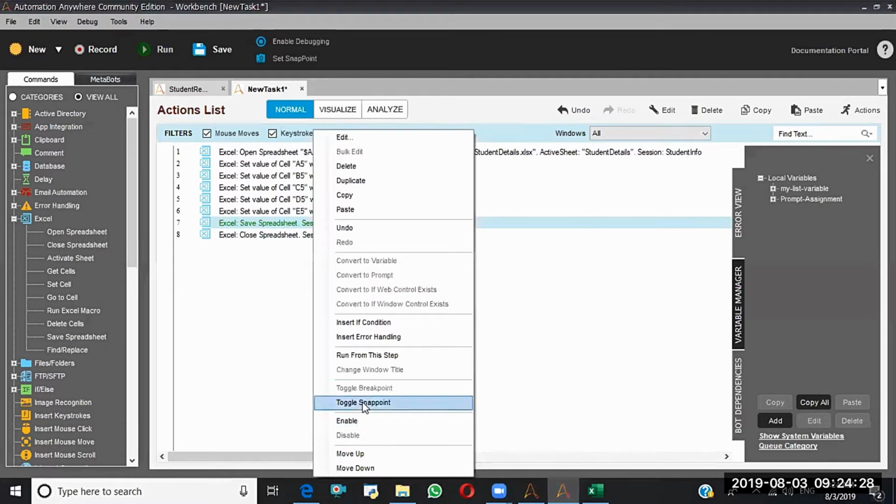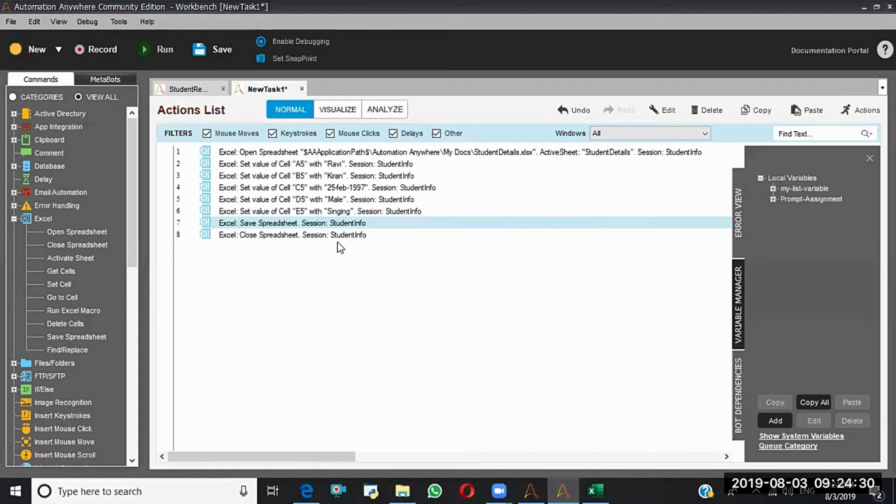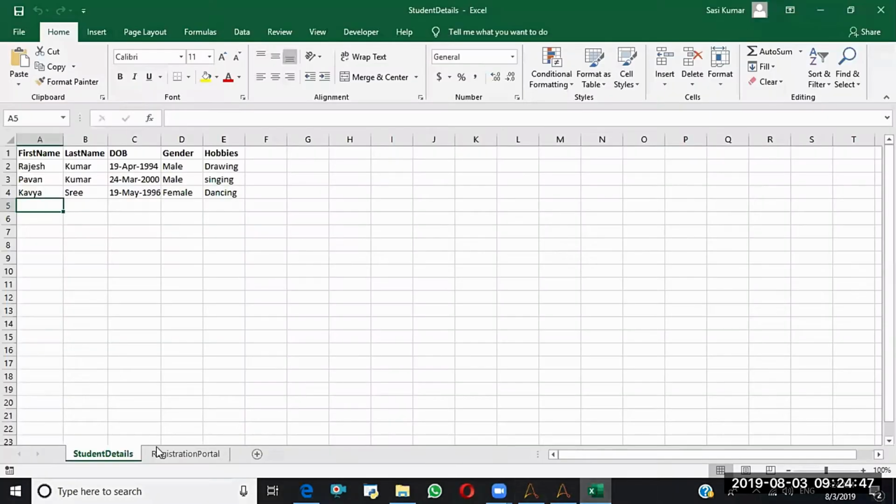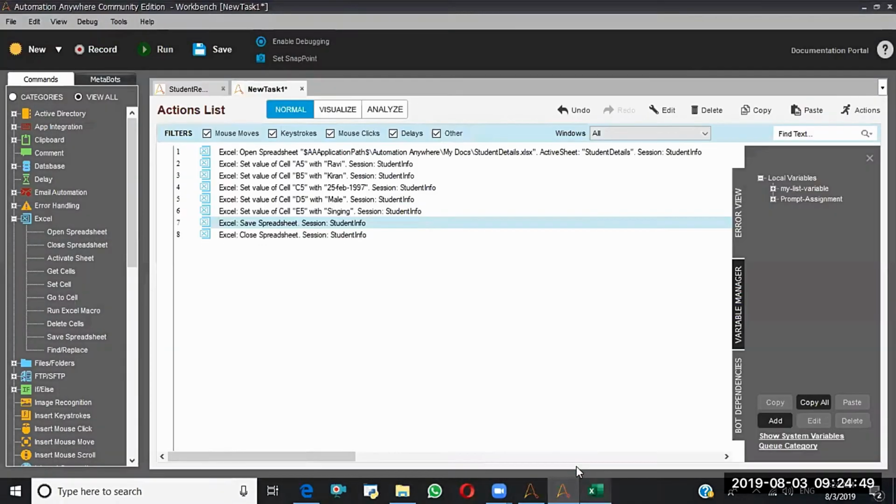So you may ask one question. Here already we have the saving feature inside the close spreadsheet. Then again, why do we need the separate save spreadsheet? Suppose you are performing on different sheets and you want to create save points.